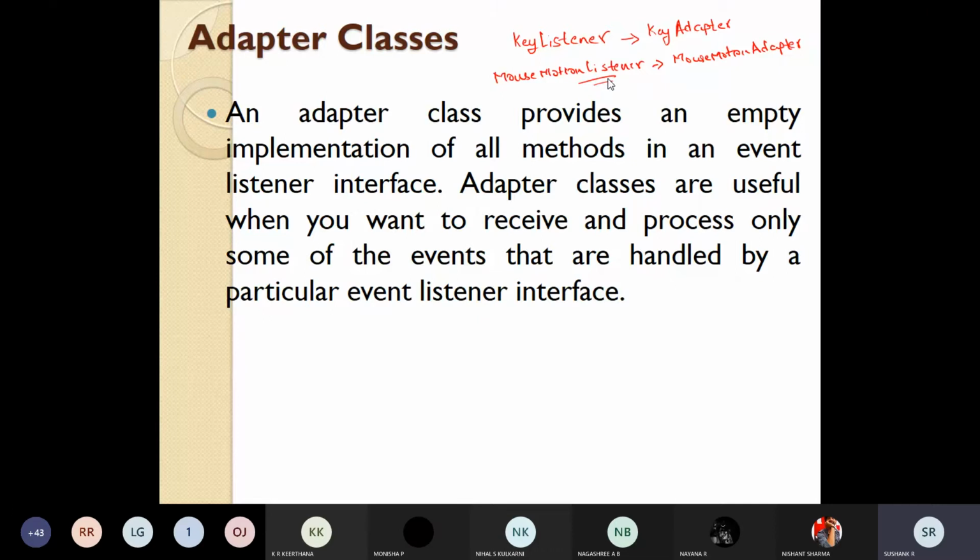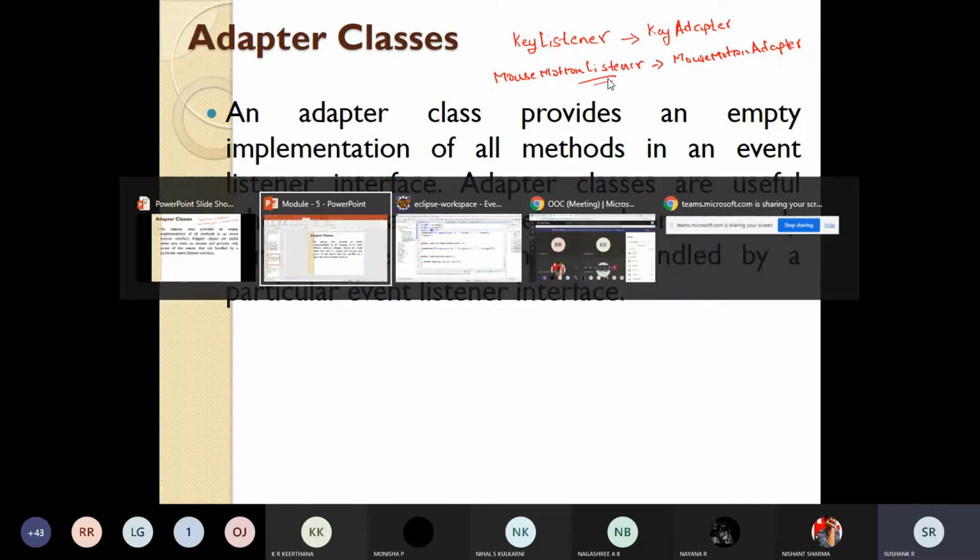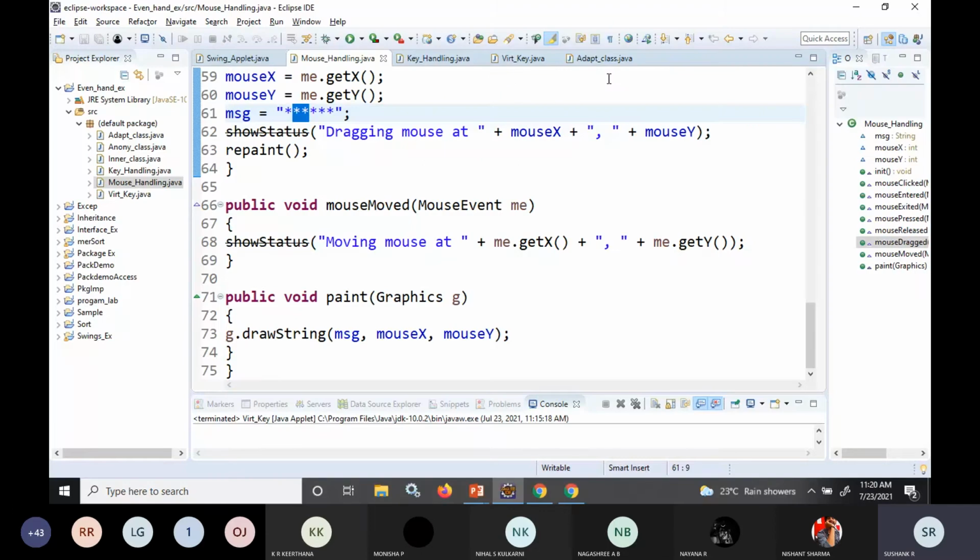Now the same thing, you see in the same program. I have written one program for these adapter classes in Java.